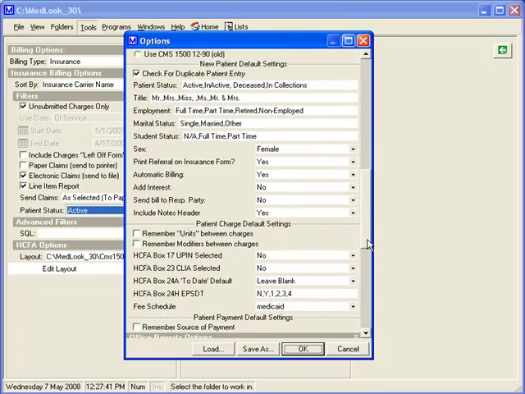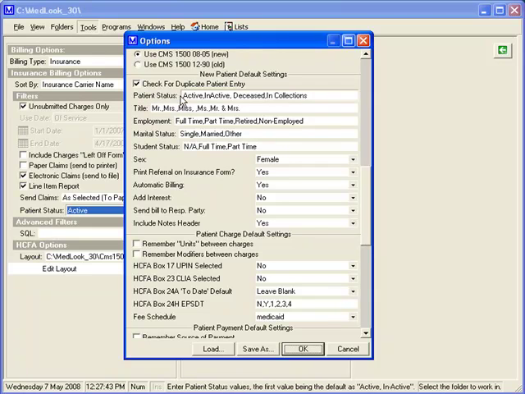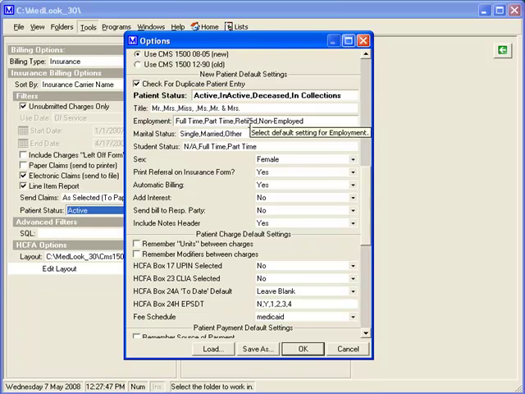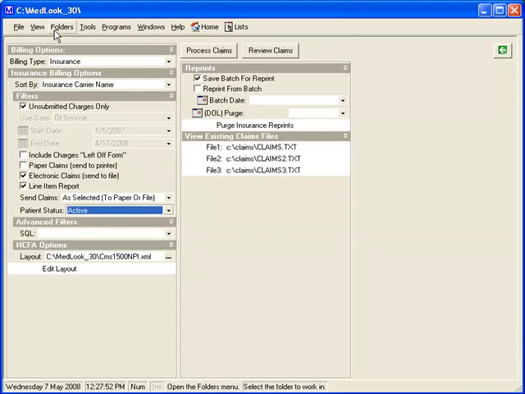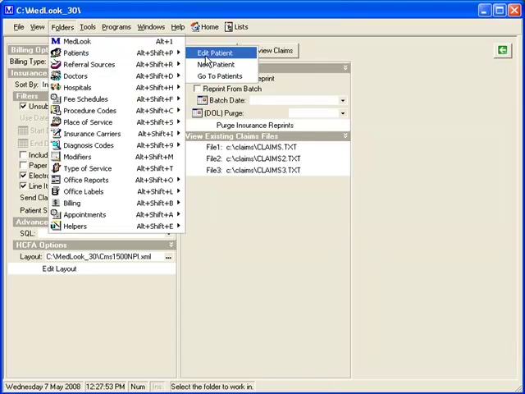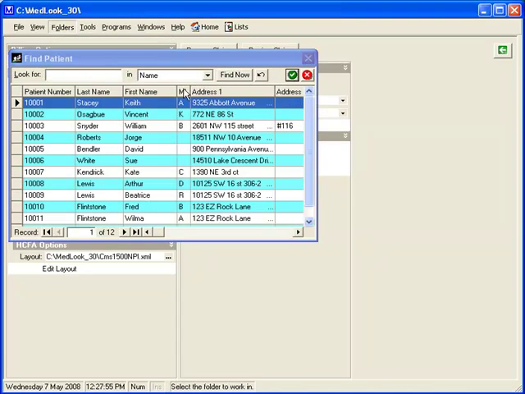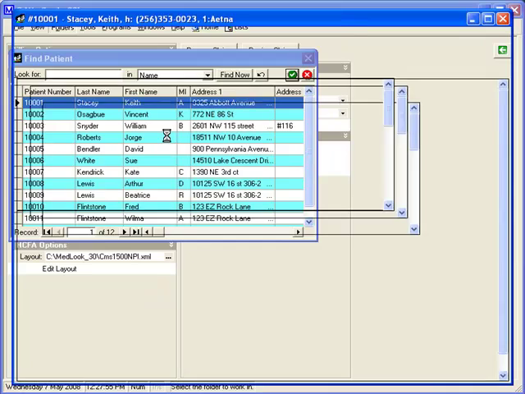Okay, I've lost it. Right there, patient status, active, inactive, deceased, and notice I had an extra space in there. I'm going to get rid of that. And in collections, and in the patient's account, let's just go back to our same patient we had before. In our patient's account, we have the status field,